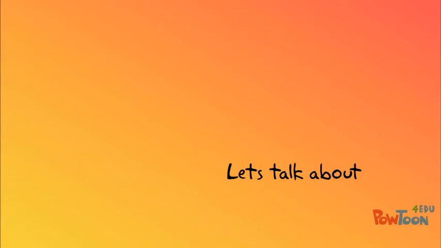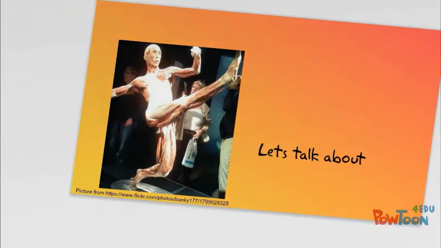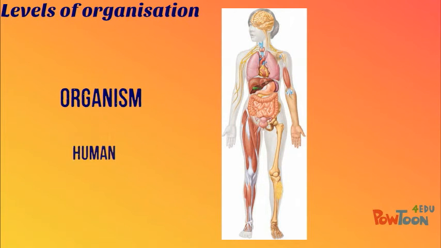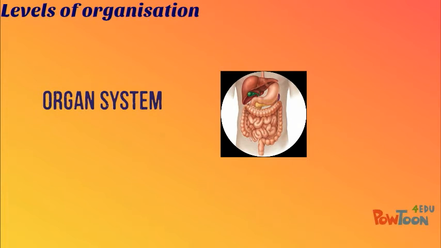Let's talk about core concepts. When we think of humans, or more broadly animals, we tend to think of them as the whole organism. However, we are in fact a collection of highly specific organ systems. These organ systems are able to carry out specific tasks due to the function of each of the individual organs